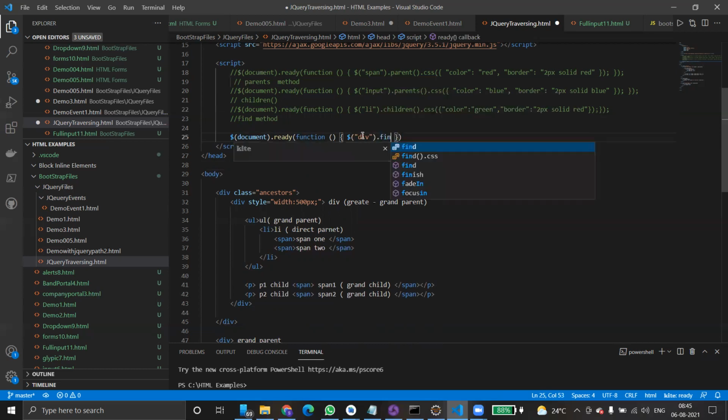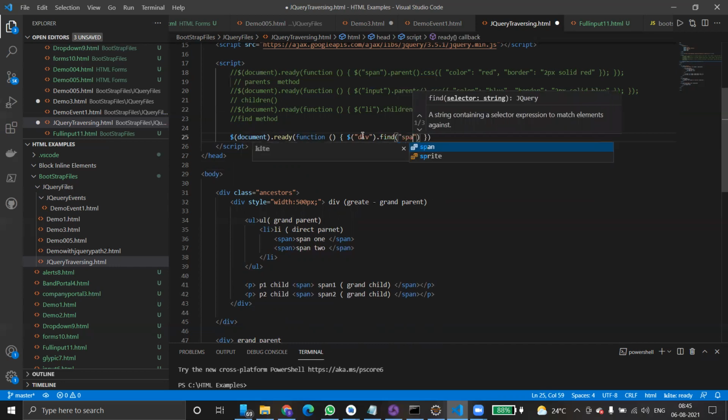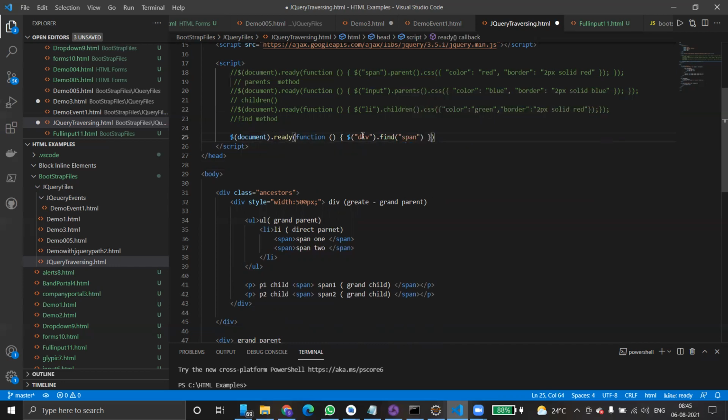Then dot find of span. What does it do? Tell me now. So you're applying the CSS also. Yes. Okay. So it finds all the span elements under the division.